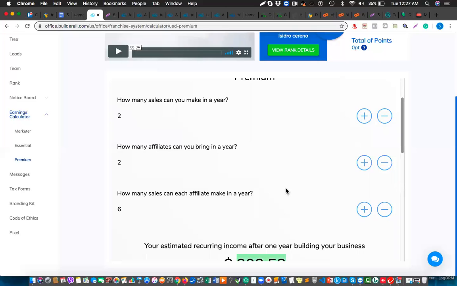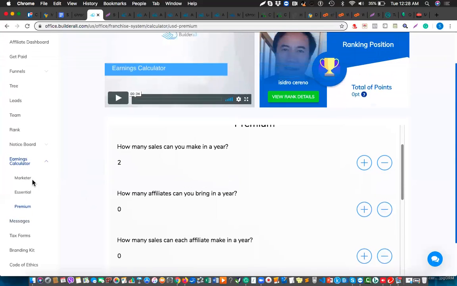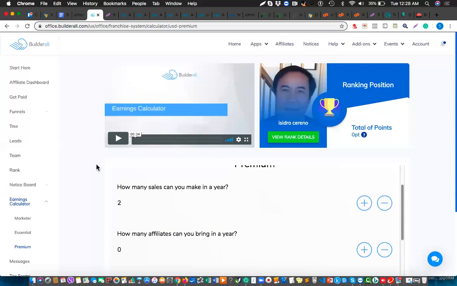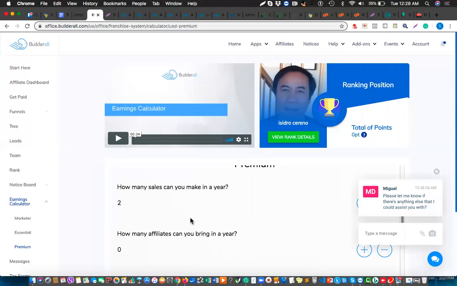So this is the goal that you have to put on a paper and stick it in your room somewhere: that you have to make one sale this month in Builderall. How many sales? One. One sale. So just focus on making one sale in Builderall and help that person make two sales. That's pretty much it. And this is how you're going to make continued income. And this is where we finish the subject.